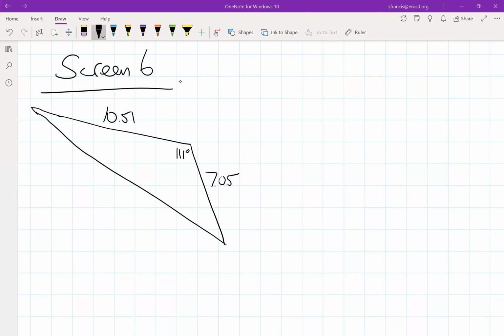Q, R, and P. So for those who couldn't quite see it,